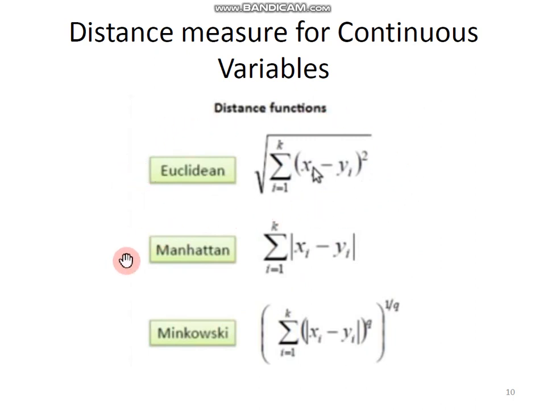Similarly, Manhattan, and there are many other similarity or distance computation methods available, such as cosine similarity, Pearson, and Mahalanobis distance. All these similarity measures can be used to compute similarity or distance. Fine.